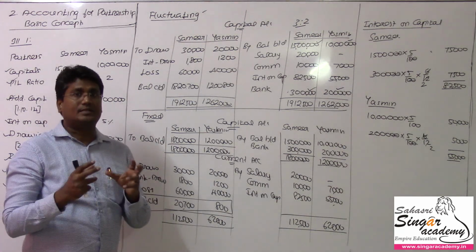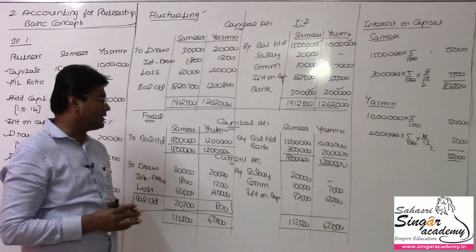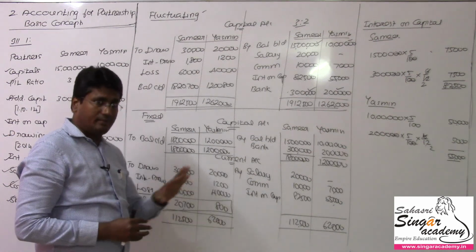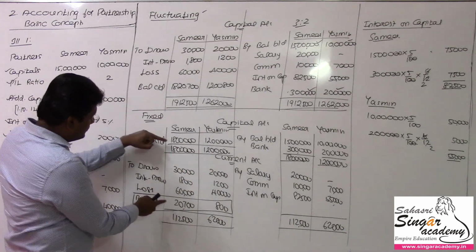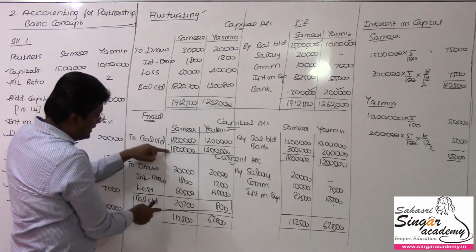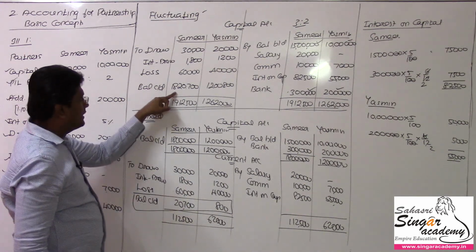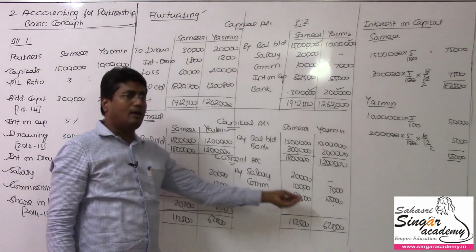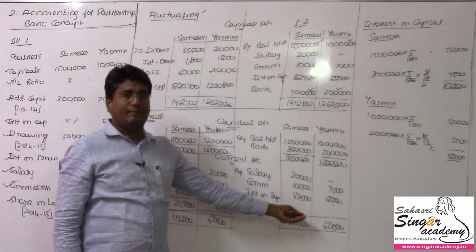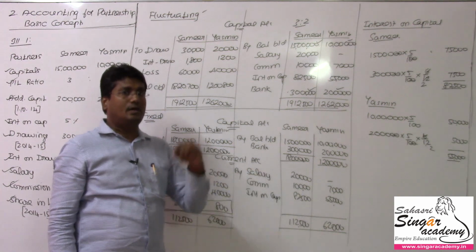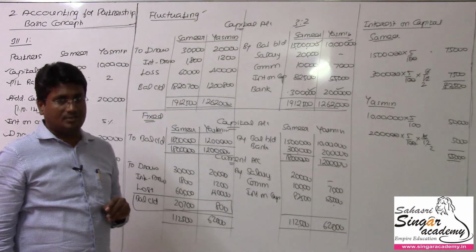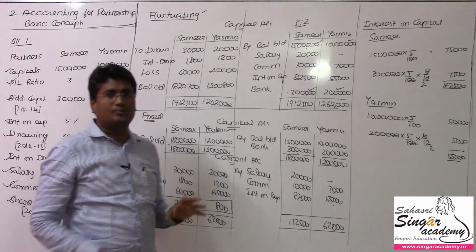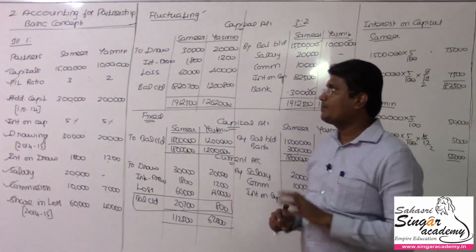I have explained the difference between fixed capital and fluctuating capital method. Under fluctuating capital account, the current account may have either a debit balance or a credit balance too. Always remember, if you sum up these two, this will be equivalent to this value. 18 lakhs plus 20,700 is equivalent to 18 lakhs 20,700. 12 lakhs plus 800 is equivalent to 12 lakhs 800. If the value comes on the opposite side, it means the balance is in debit, meaning the partners have withdrawn more than the amount contributed by them in the business. That will also be possible. In that case, 18 minus that value will be equivalent to this one. I hope you could understand both the methods of preparation of capital account, right?